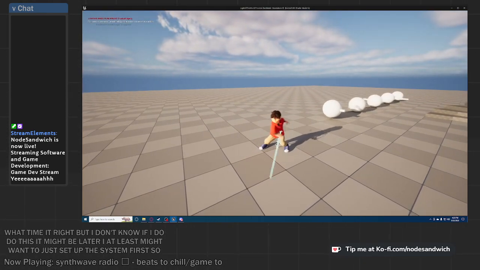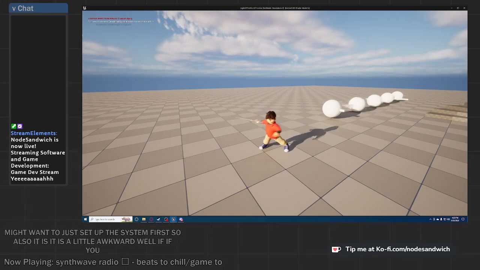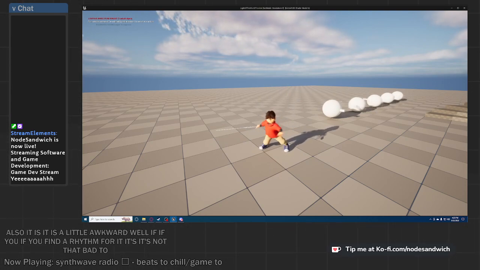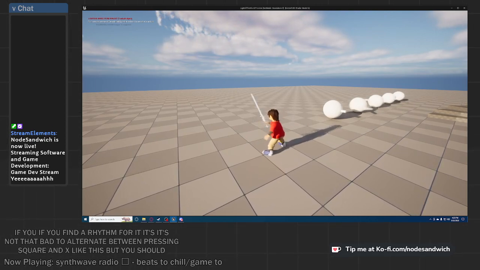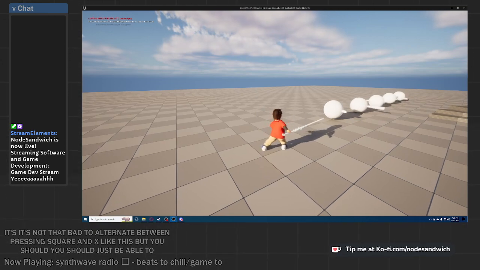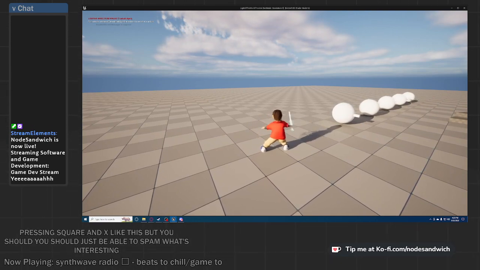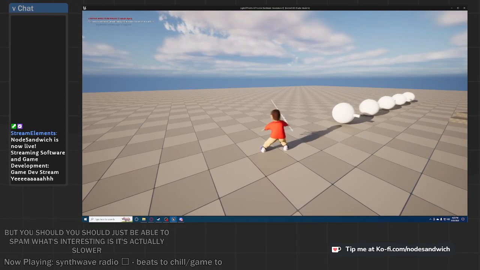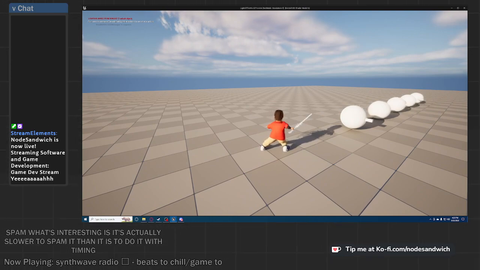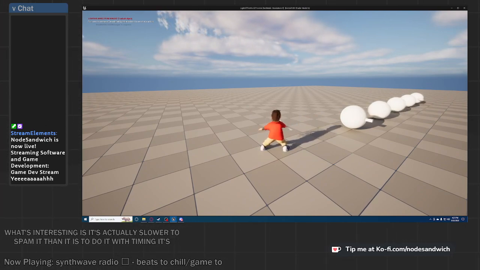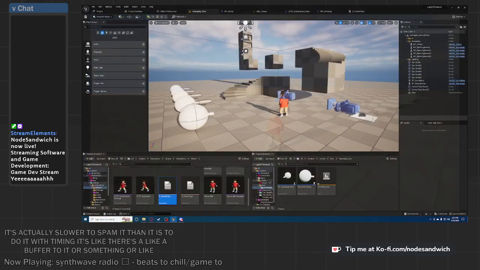So also it is a little awkward. Well, if you find a rhythm for it, it's not that bad to alternate between pressing square and X like this. But you should just be able to spam. What's interesting is it's actually slower to spam it than it is to do it with timing. It's like there's a buffer to it or something. I don't know, that's so weird. Anyway,